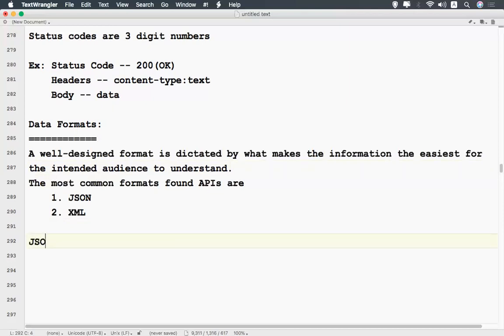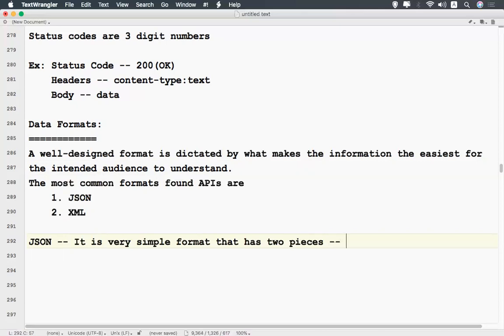When you talk about JSON, what do you mean by JSON? Okay, JavaScript Object Notation. It is a very simple format that has two pieces.